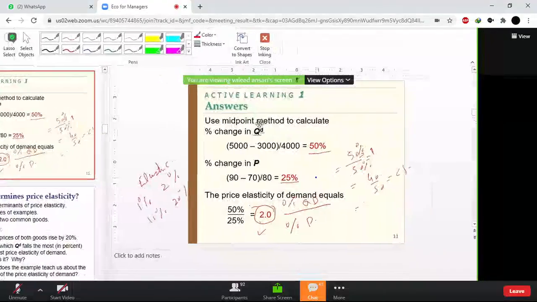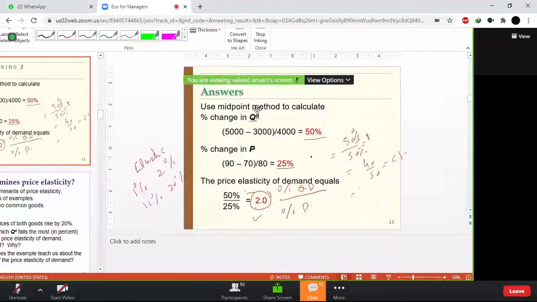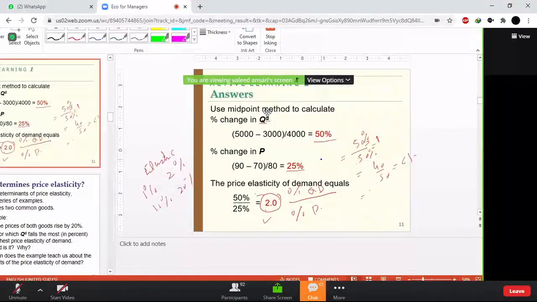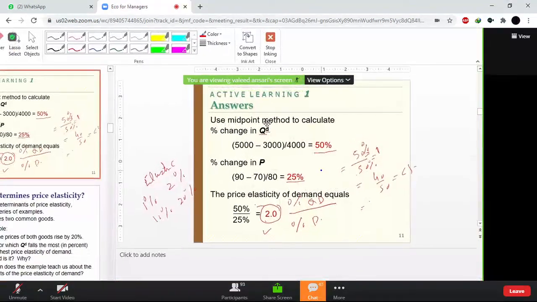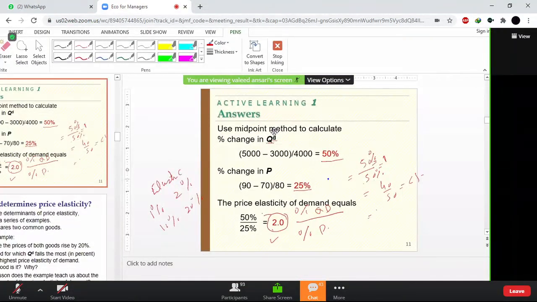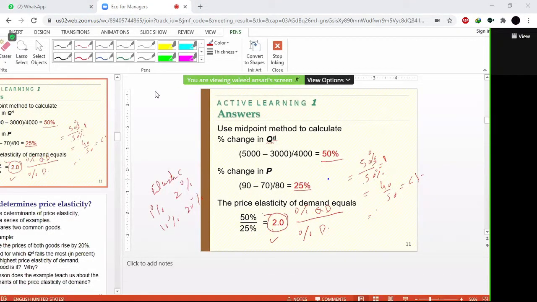Sir, I got that, but what is the implication? The implication is that it will not affect the revenue. Revenue will remain the same. What is your question? Sir, I think he is asking whether it is more elastic or less elastic, what we can term it if elasticity is equal to 1.